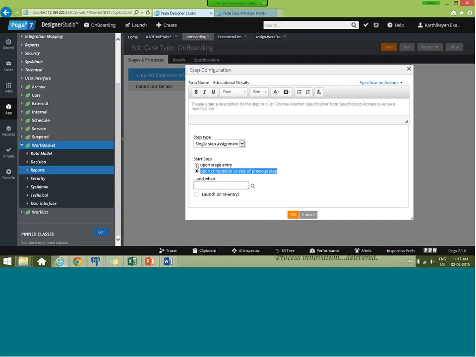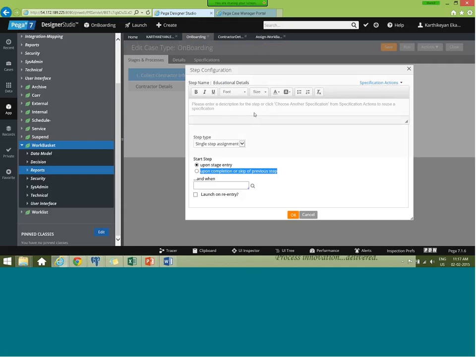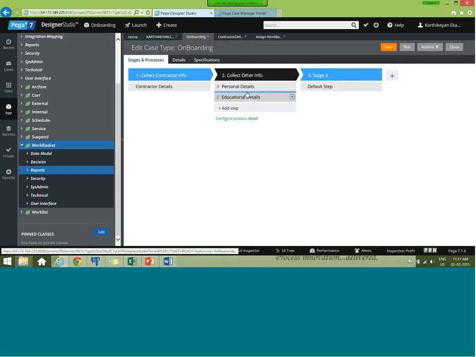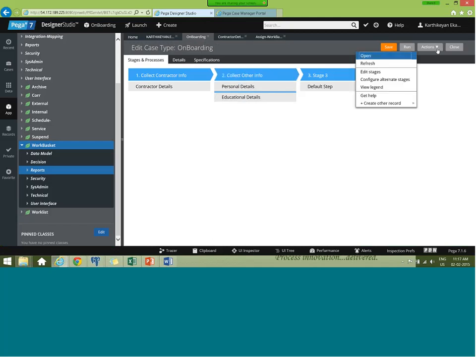In case I choose this upon stage entry, see what happens to my stage. You see a blue line, right? This blue line indicates it's parallel processing. If you want to understand more, go to here, Weave Legend.